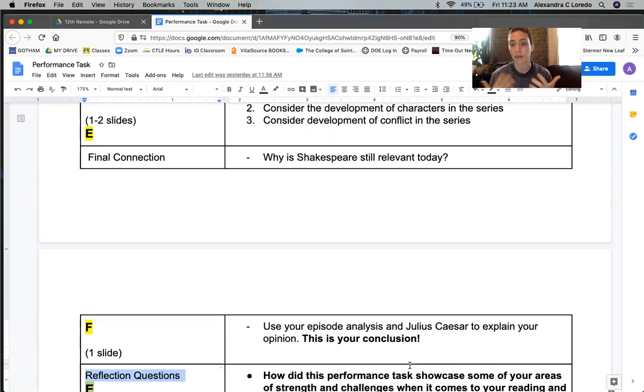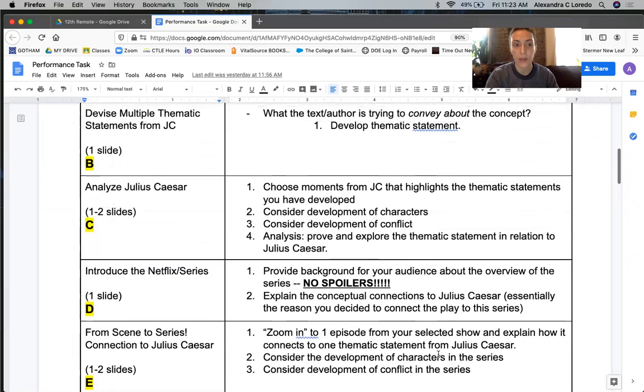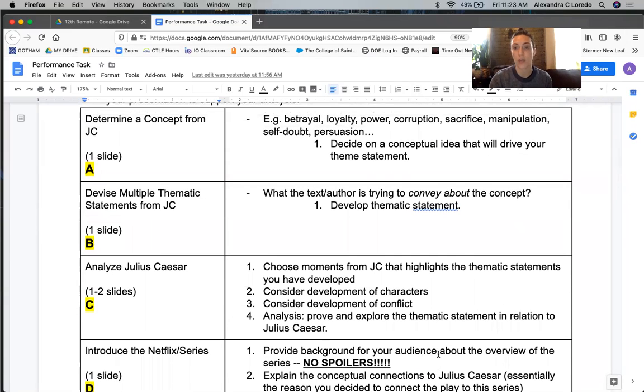Because I want there to be this reflective lens that you apply to the learning that you did. And I think it's worthwhile for us to talk about that and not just me say, hey, go do this assignment and give it back to me. Okay. So to be determined, but right now we are just taking the time to think about the concept that